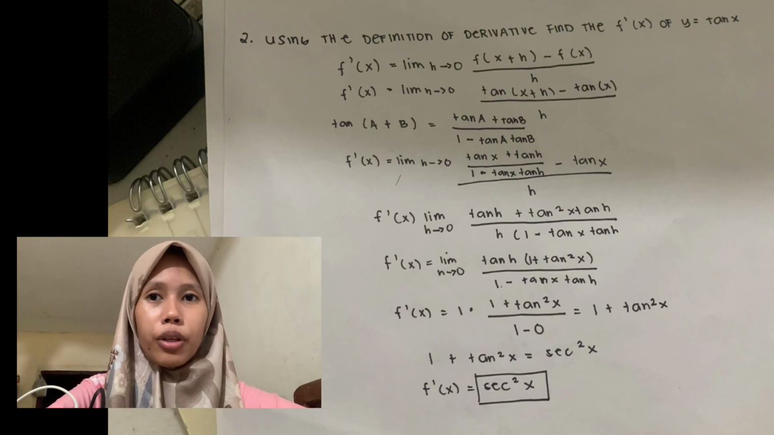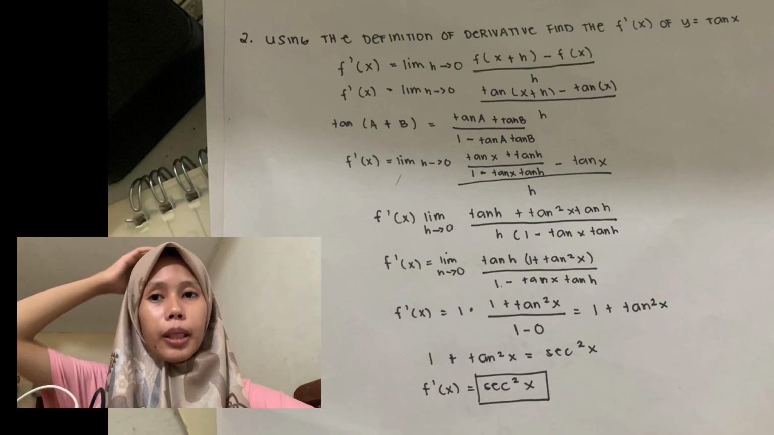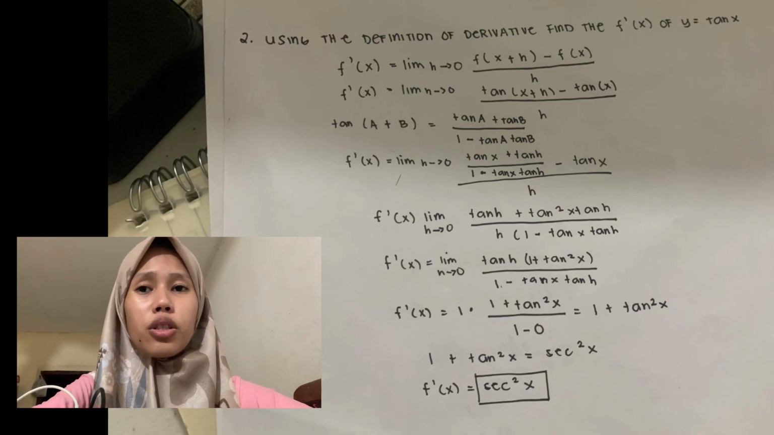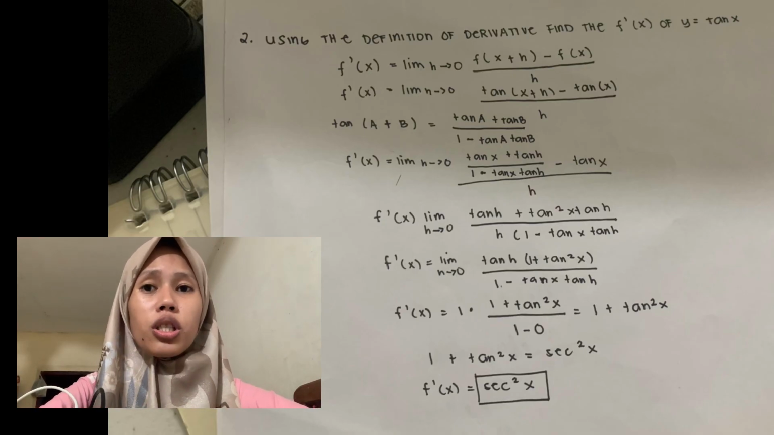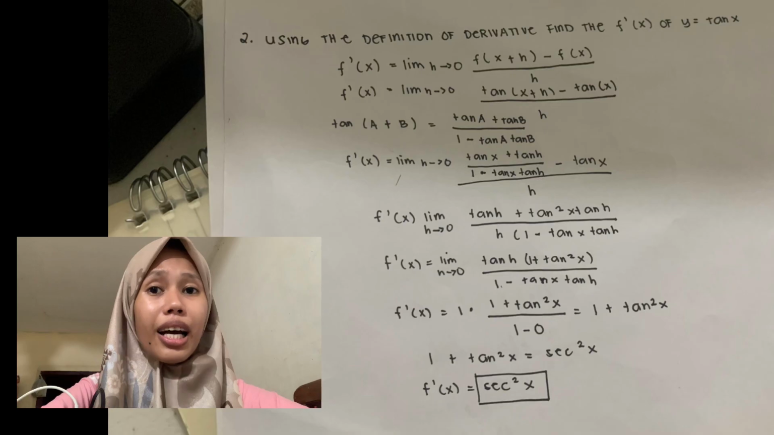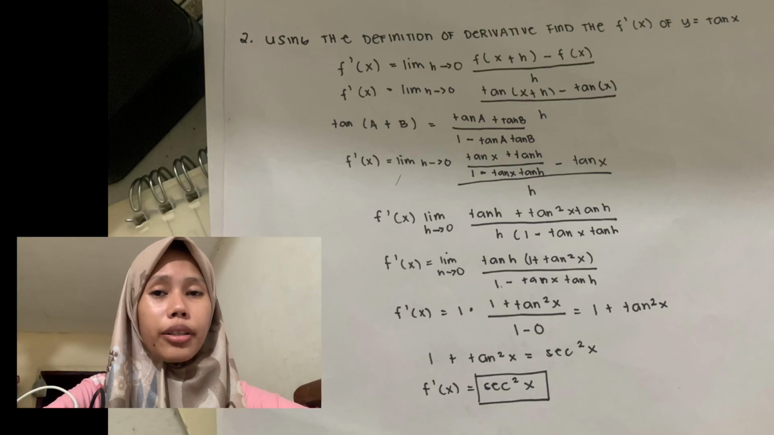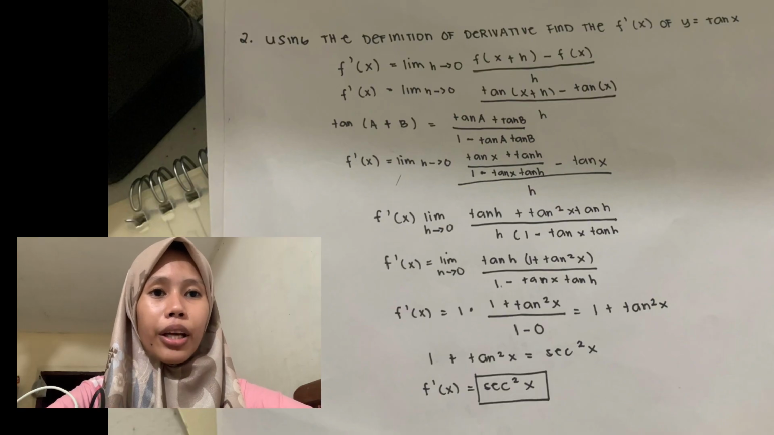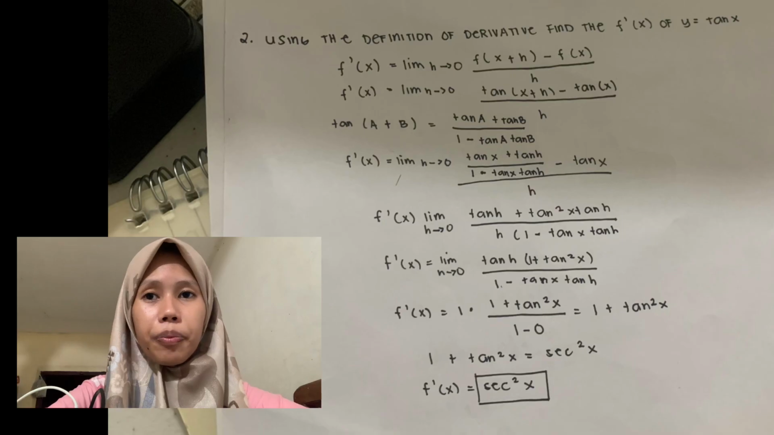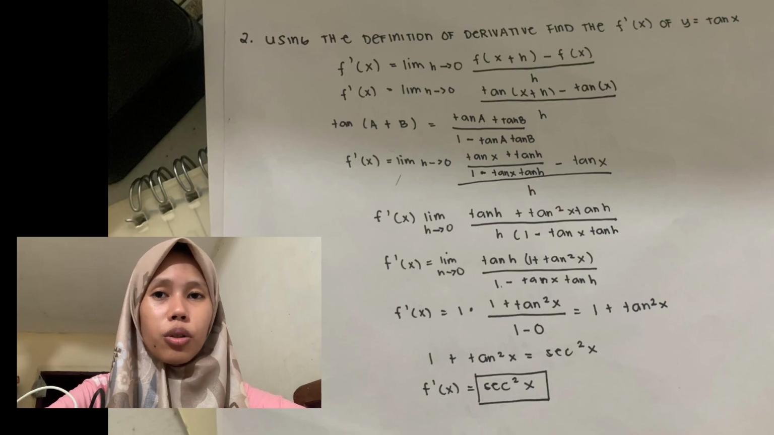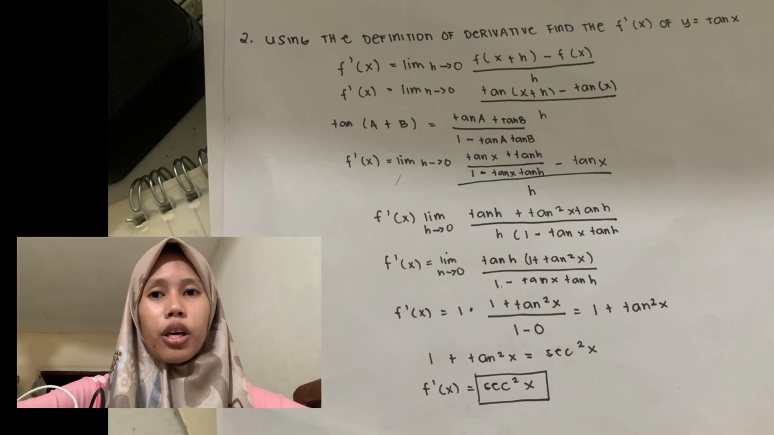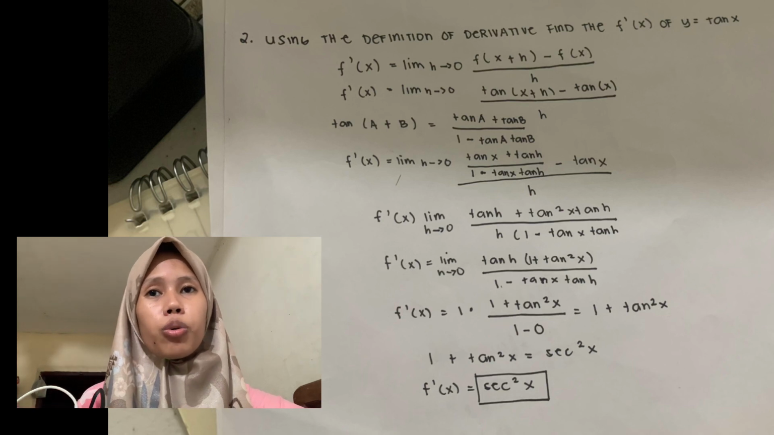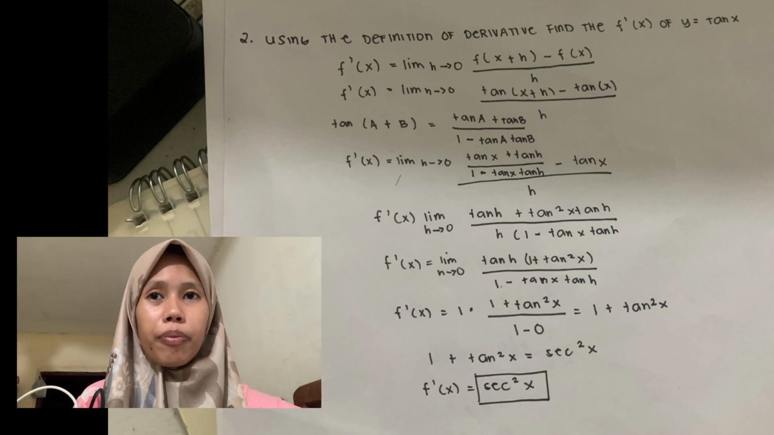So we'll be having f'(x) equal to the limit as h approaches 0 of (tan x plus tan h over 1 minus tan x tan h, minus tan x) over h, and then we will go into simplifying the expression. And then after that,